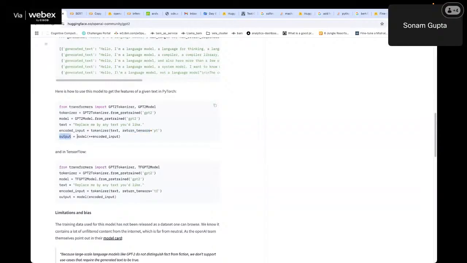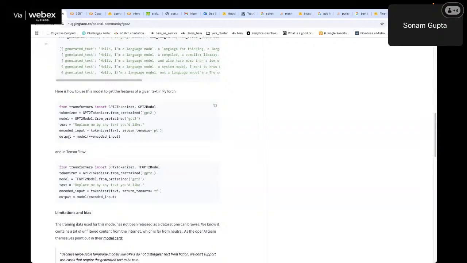And then to get the corresponding output, we can call the model and pass the encoded input. So basically what will happen is first this text is getting encoded and then we are passing this encoded text to the model